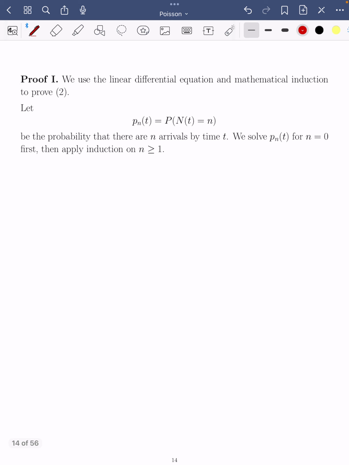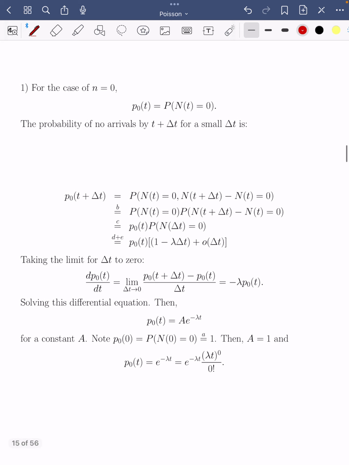So first we introduce P_n(t), which is equal to the chance that N(t) equals lowercase n. So this is the probability that there are n arrivals by time t. We will solve P_n(t) for the n value equal to 0 first, and then apply induction on the value of n, which is at least 1. Okay, so for the case n equal to 0, we have P_0(t)